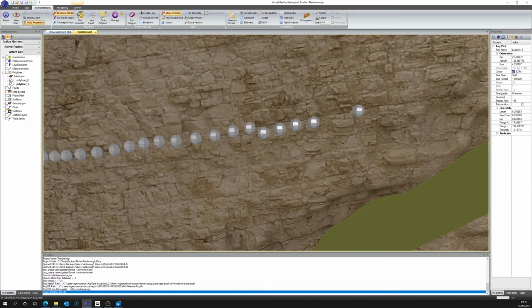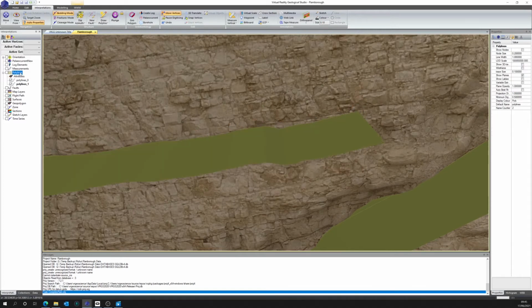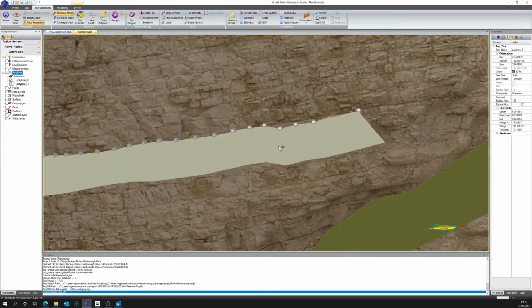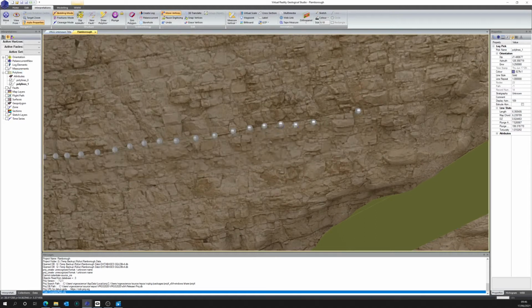Now the size of these spheres is a bit big at the moment, so I'm going to go in here and we can change in the polyline group the node size. So I'm going to change that to 0.1. Go back to my 3D view and it's made the vertices a bit smaller, which makes it a little bit easier for us to edit. So I'm going to go back to move vertices and drag these few